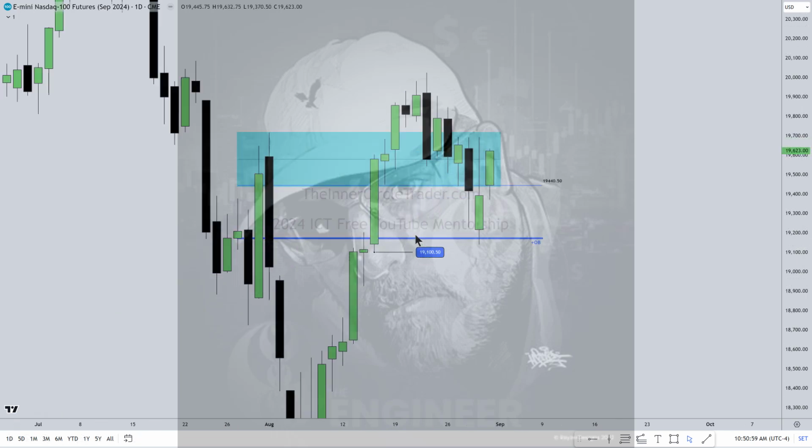All right, so now we're into a daily chart. And here, this blue shaded area, that is where I want to be doing the bulk of my trading. If it can trade back down into that weekly order block, which is again defined by that blue line here, defining the order block from the weekly chart,